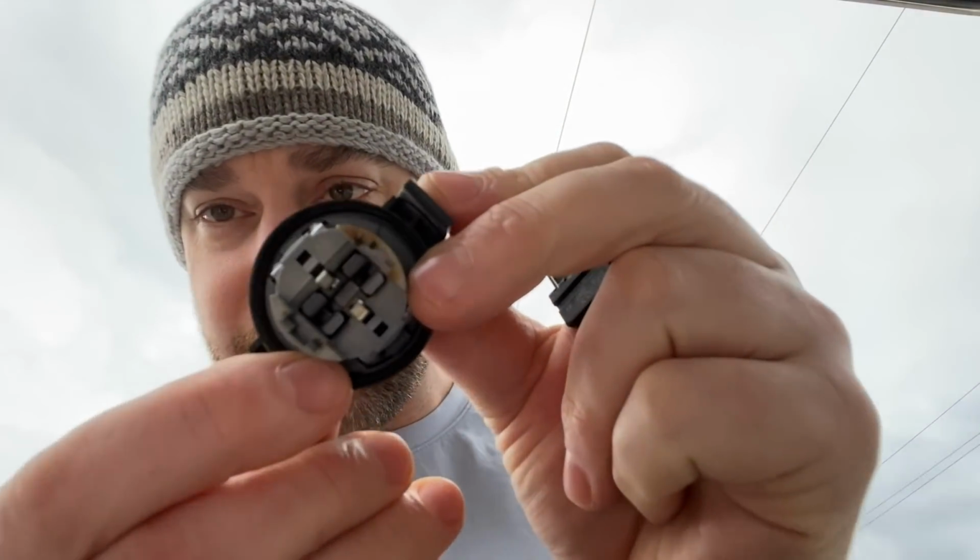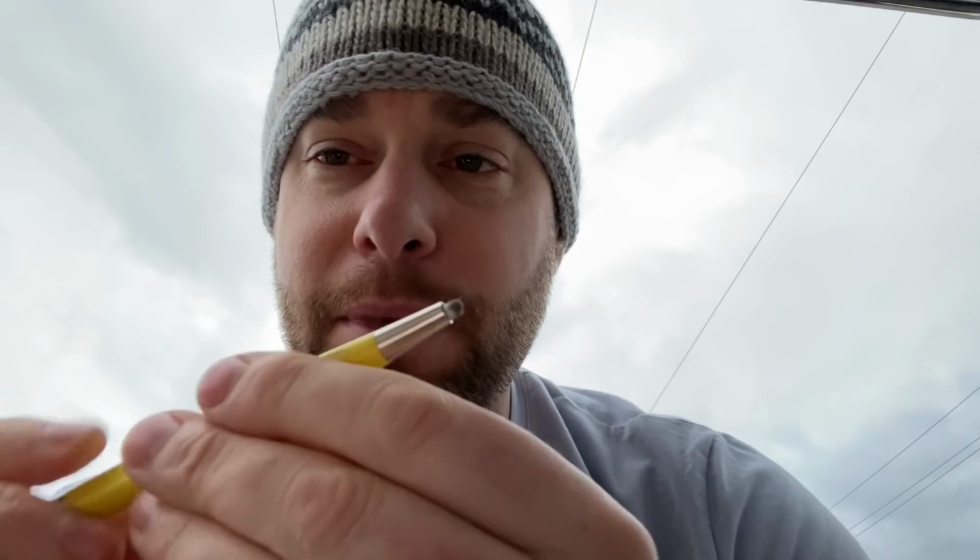The inside of this thing actually looks pretty clean. It doesn't look like it's seen any type of corrosion anyway. But what I'm gonna do is clean it a little bit. Grab a little contact cleaner. That's what this little pen is for. It's basically got a really fine bit of